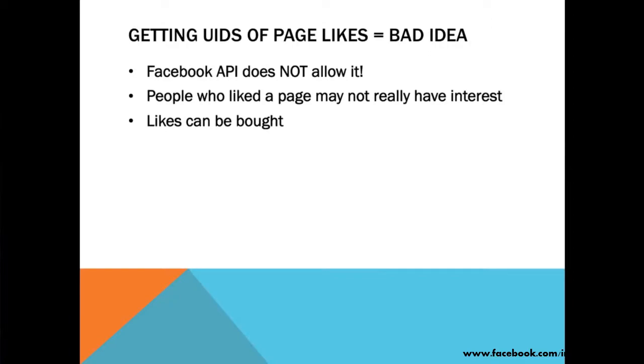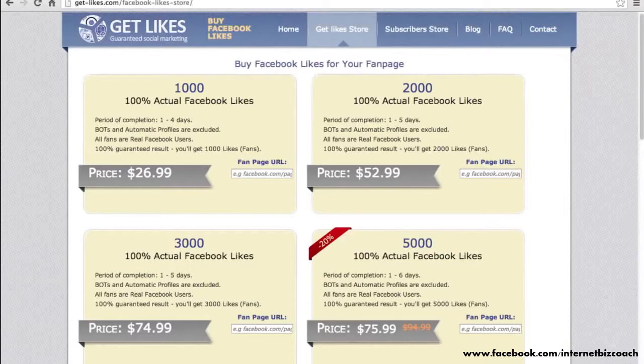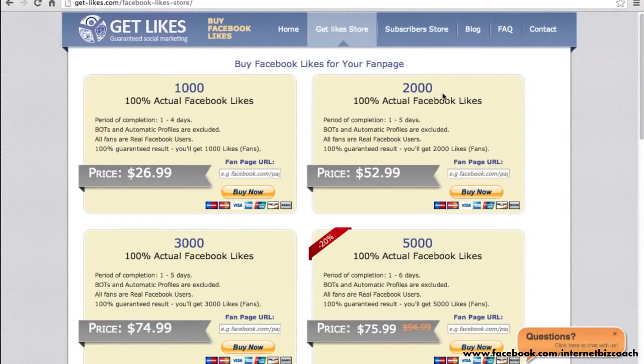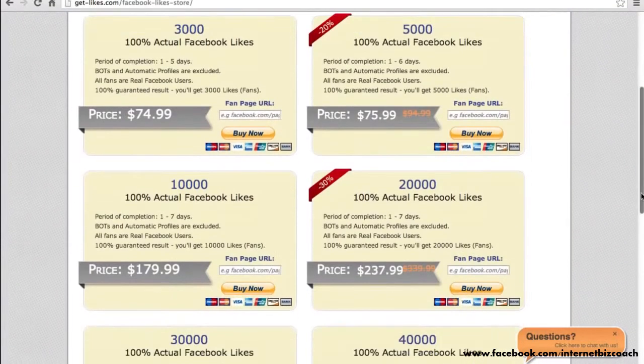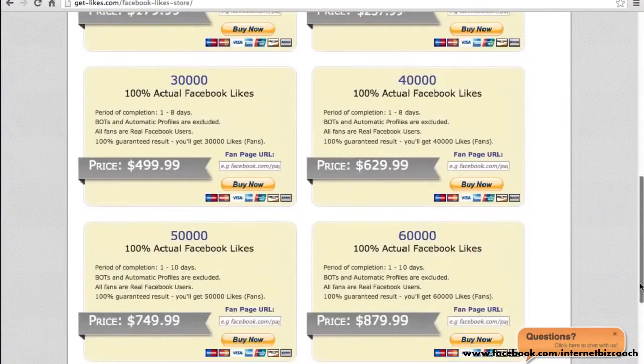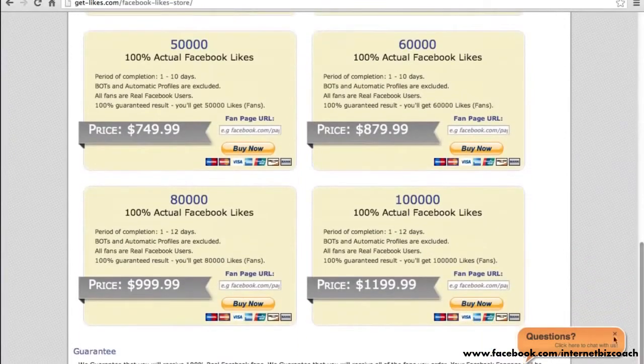Let me quickly show you just one site that provides such a service. Here's a site called getlikes.com, and you can see that for a fee you can get 1,000 likes for $27, 2,000 for $53, all the way up to 100,000 likes for around $1,200.